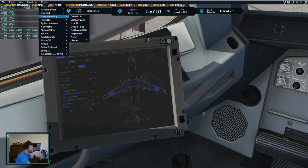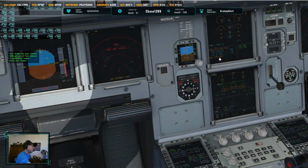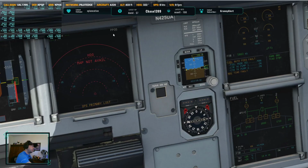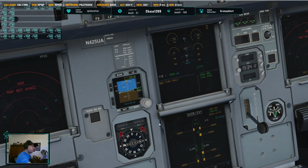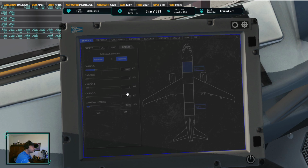Now watch what happens when I load. Now I'm going to get a fault. See, I have a fuel fault. So now I have to go back into the fuel. And it shows 5860, so I need 5861. So we do 5861, and then we'll hit set. And that gets rid of all the fuel faults. 5861, and then you come back in and you reset your other weights. So it would be 117, and then